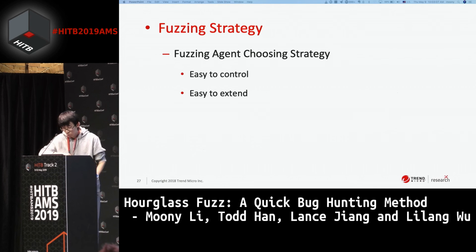And then there is the fuzzing strategy. First is the fuzzing agent we choose. In fact, we want our agent to be easy to control and extend. As we mentioned before, the target we want to fuzz usually needs well-formatted data to pass in, and usually needs some context-related communication to trigger some code paths. So the fuzz agent should support mutating data where we want. And since we use a real device to perform fuzzing, we finally chose Frida as the